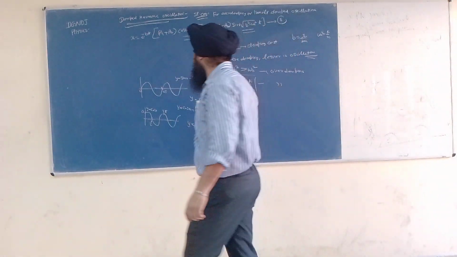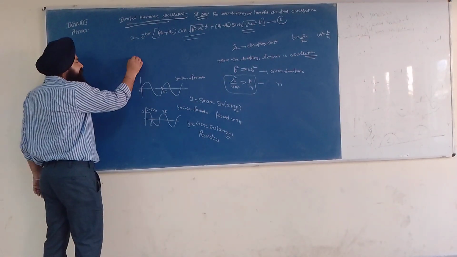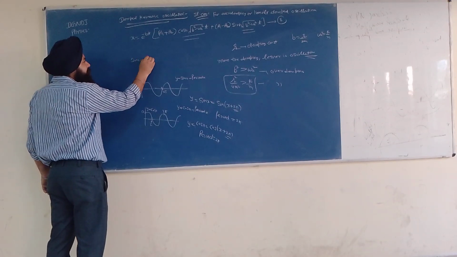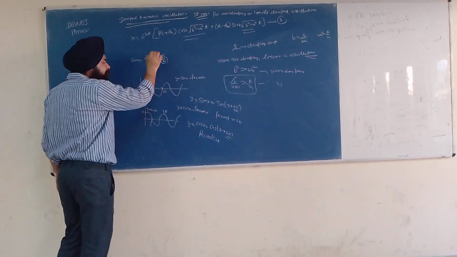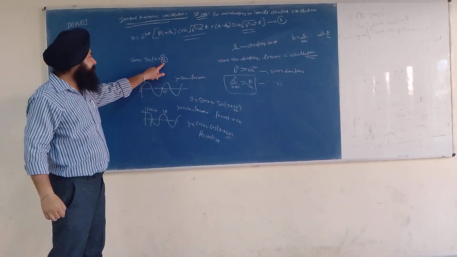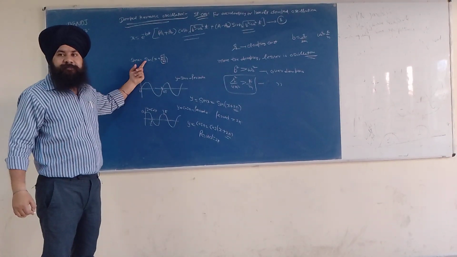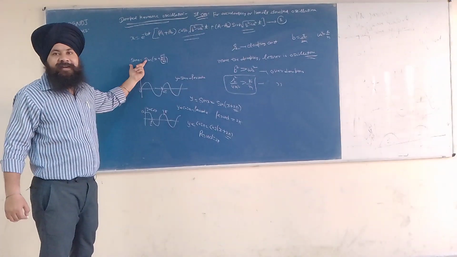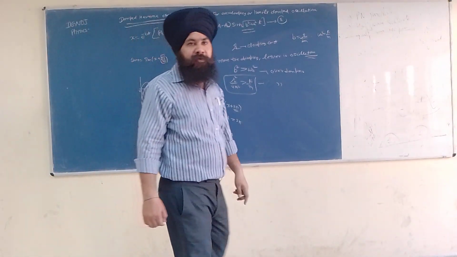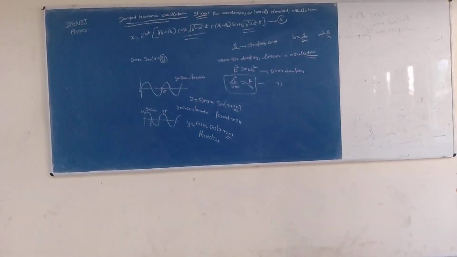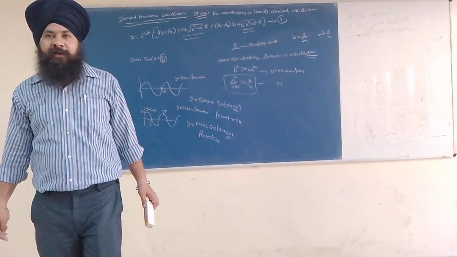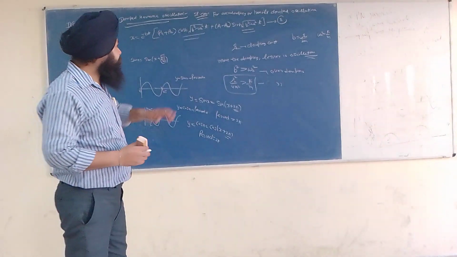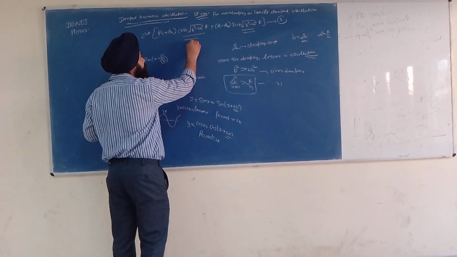If I give you an example, let us say sin x is equal to sin of x plus pi by 2. Is it a period or not? No, because sin of pi by 2 plus theta becomes cos theta, and this equation will not be valid at that point of time. So sine function and cosine function are periodic in nature, but these are non-periodic.